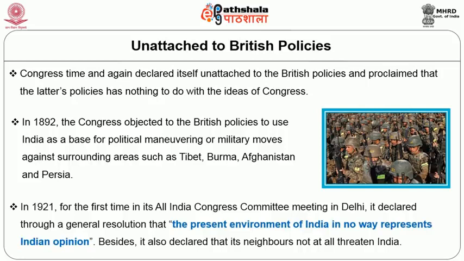In 1921, for the first time, in its All India Congress Committee meeting in Delhi, it declared through a resolution that the present environment of India in no way represents Indian opinion. Besides, it also declared that its neighbors do not at all threaten India.